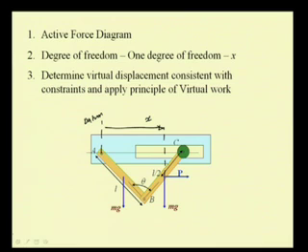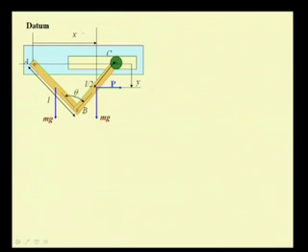So, either I can have the configuration specified by this distance x, or I can specify the configuration by this angle theta. Then we determine the virtual displacement consistent with the constraint and apply the principle of virtual work. So, let us first construct the diagram showing the active forces and then the coordinate that specifies the configuration, that